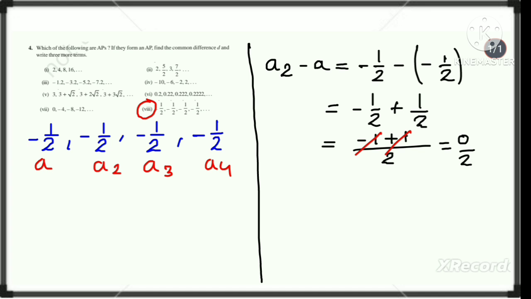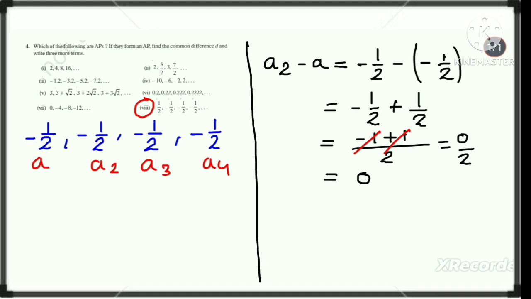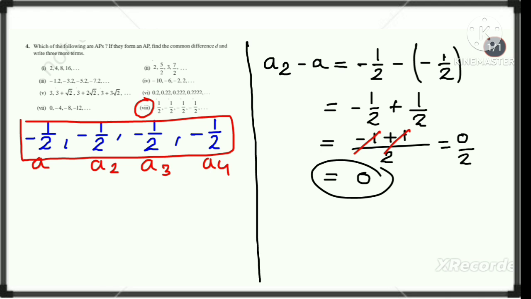It means the difference between A2 and A1 is 0. Students, here all terms are the same, so of course the difference between them will also be the same. So here no need to check the difference between each term, and here the common difference is 0, so it is also